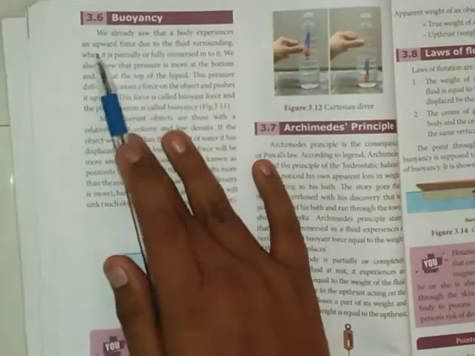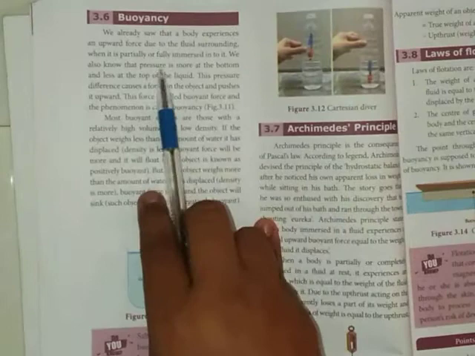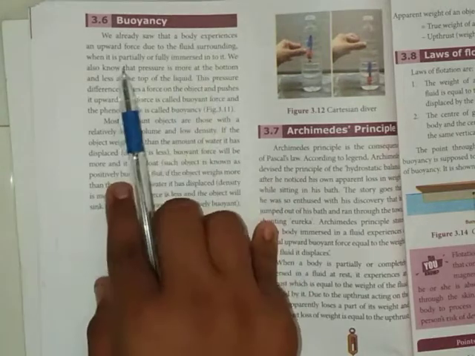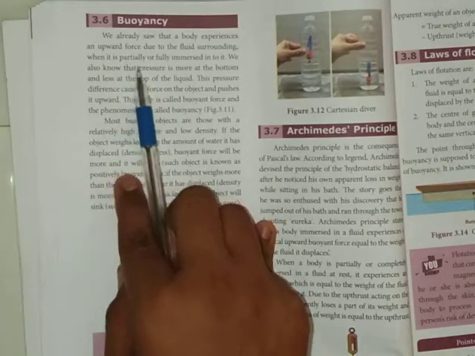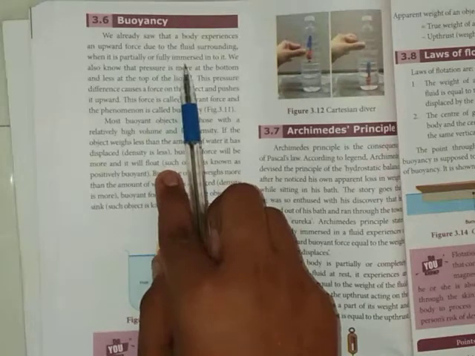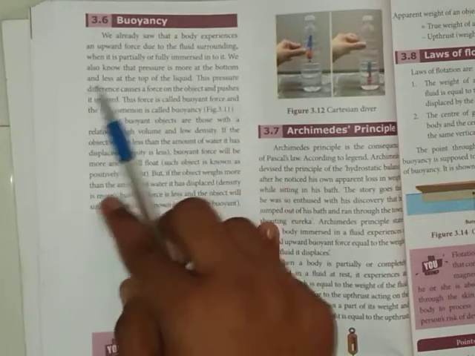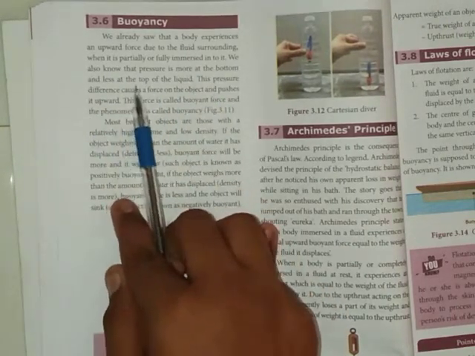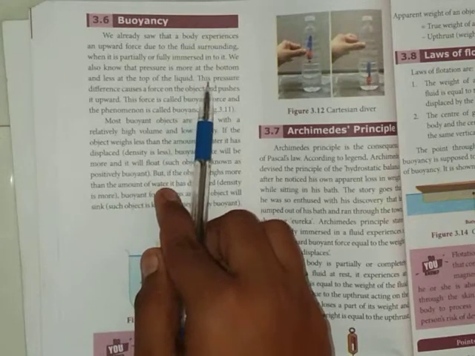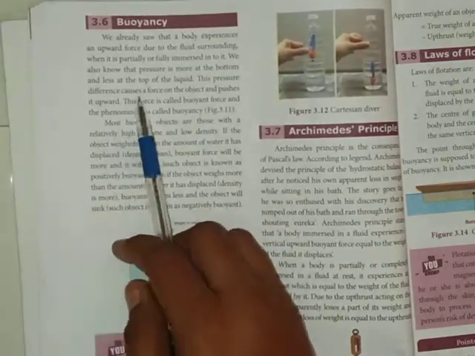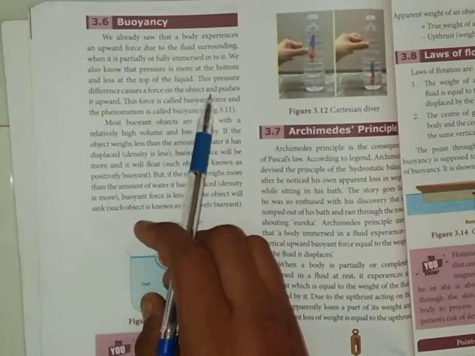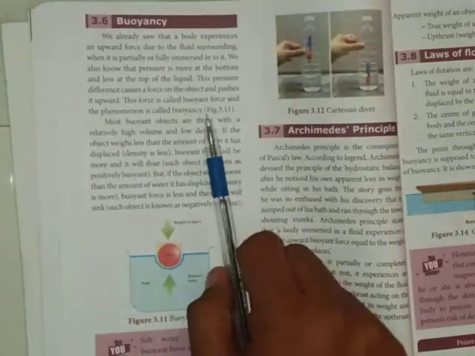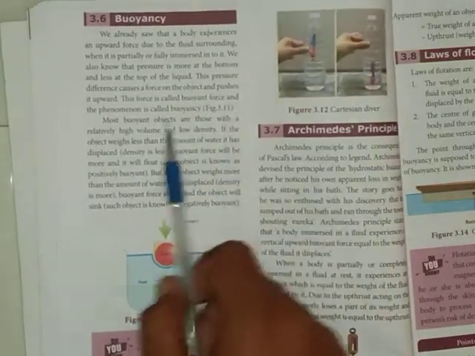3.6 Buoyancy. We already saw that a body experiences an upward force due to the surrounding fluid when it is partially or fully immersed in it. We also know that pressure is more at the bottom and less at the top of the liquid. This pressure difference causes a force on the object and pushes it upward. This force is called buoyant force, and the